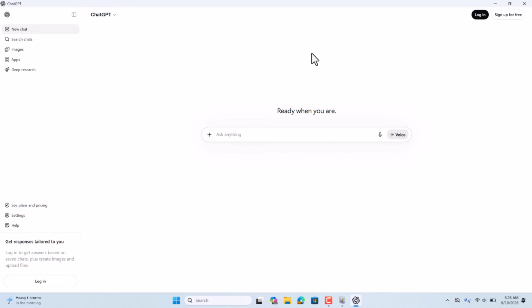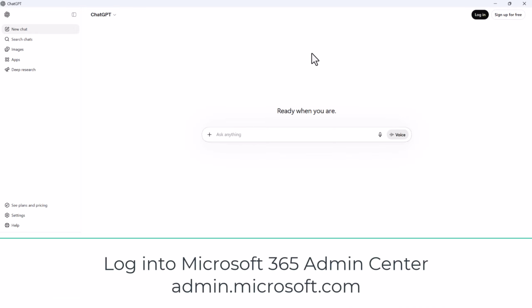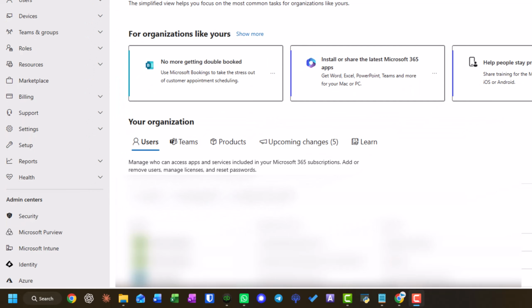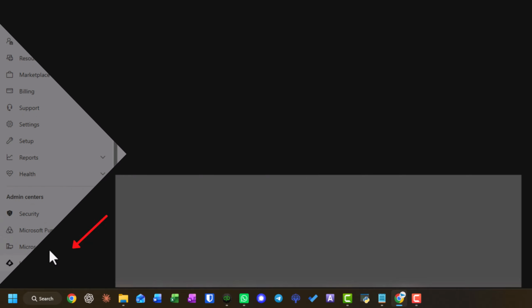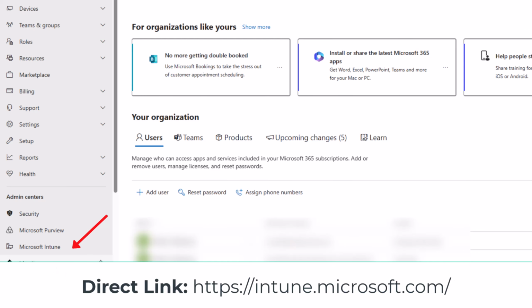So let's jump in. First off, you're going to log into your Microsoft 365 Admin Center. Along the left hand side toward the bottom, you'll see Microsoft Intune. Go ahead and click on that. If you don't see Microsoft Intune, there should also be a button to show more admin centers. Go ahead and click that and then it should list. If that doesn't work, I'll also have a link in the description that you can go directly to the admin